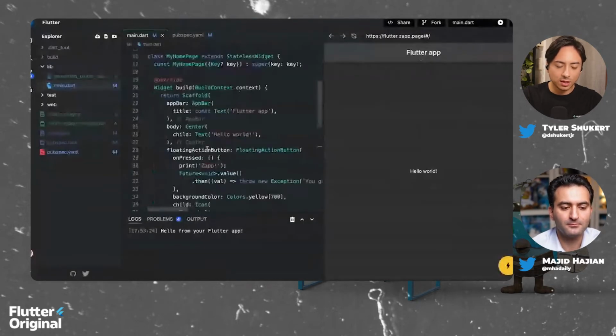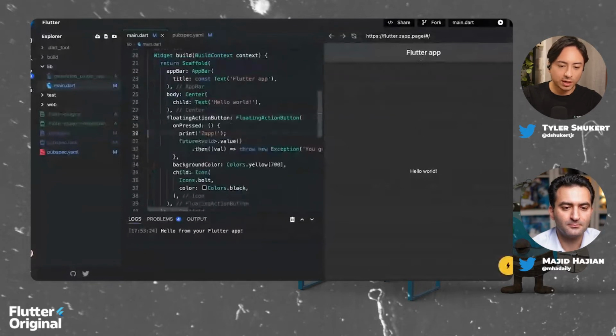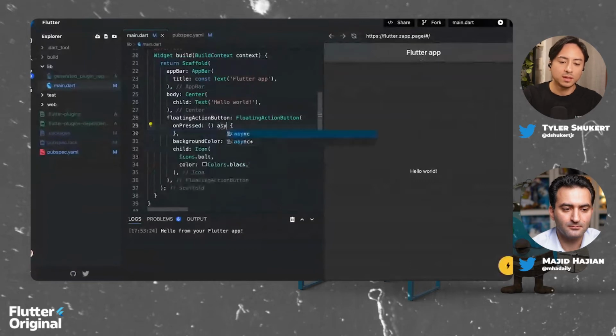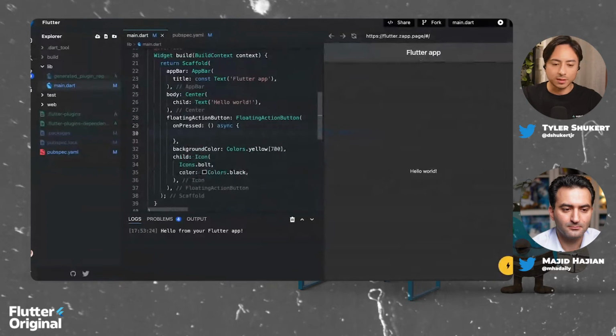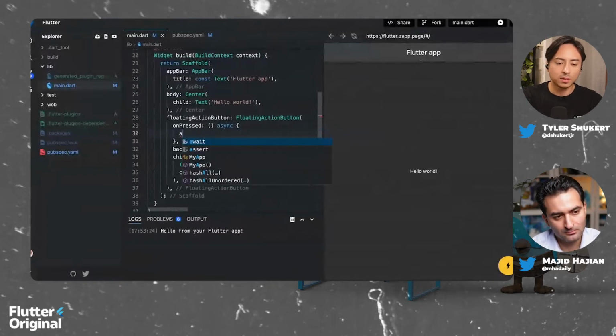Okay, I guess we have a floating action button. Since we already have an on press callback here, I'm just going to make this like an insert button. The way we can do this is we can call